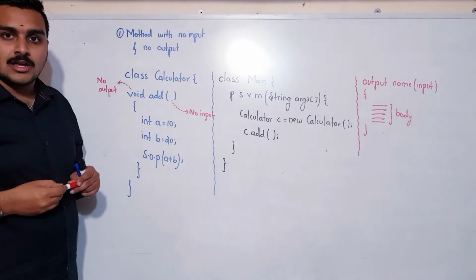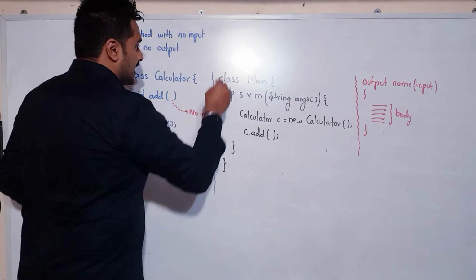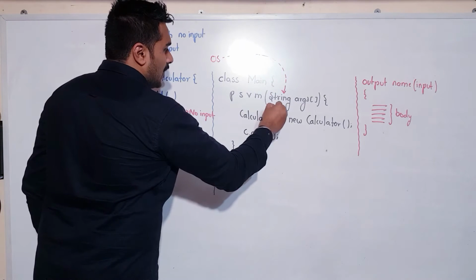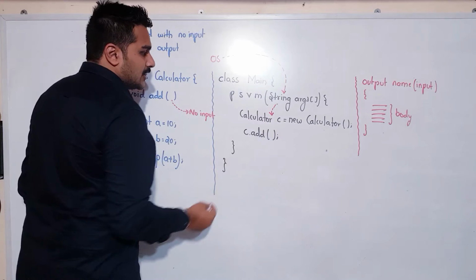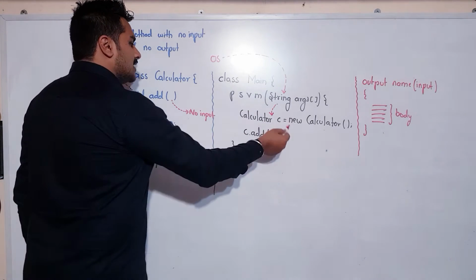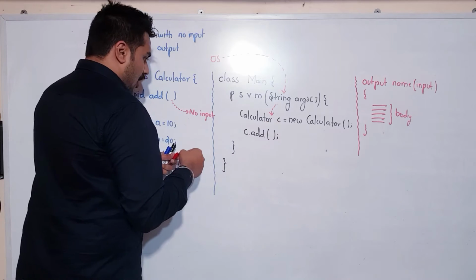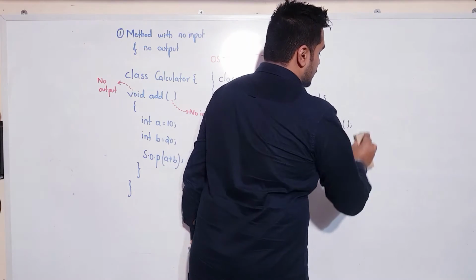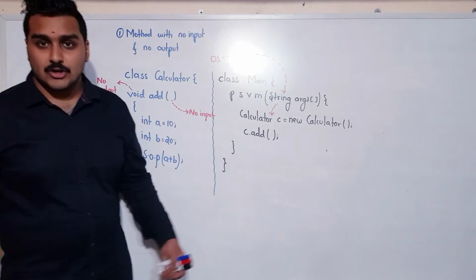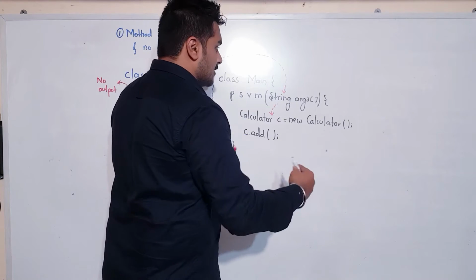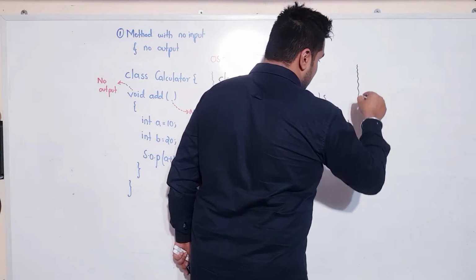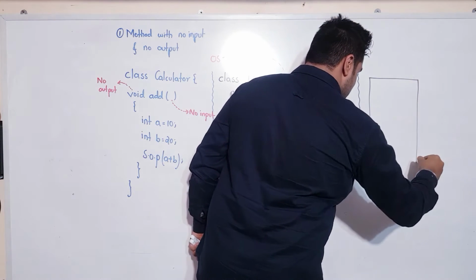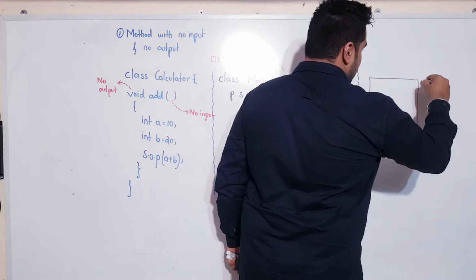No output. When we execute this program, what will happen, sir? The operating system will give the control to whom? It will give the control to main. What will happen? Inside the main, you are creating one object of your Calculator class. Once you create the object, then what will happen? Automatically, I will be erasing this part of the thing, which we will look into later. I need to write the memory map over there. So, as normal, I will have the memory segment here, my stack segment, and my heap segment.